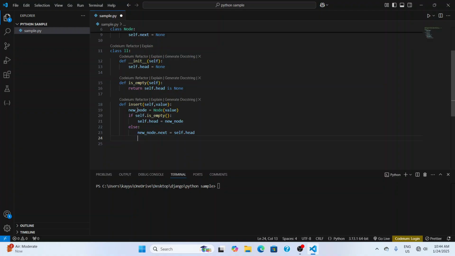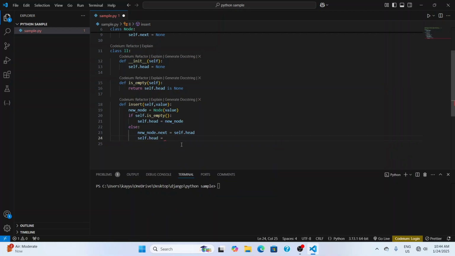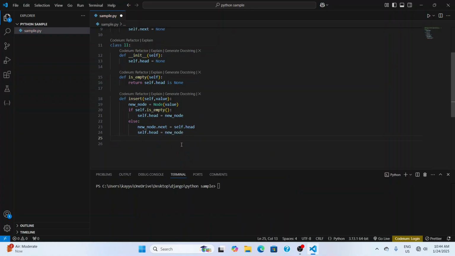So whatever the new node is, that next node will be pointing towards the self.head node. Then the self.head element, we will update this to the new node. So this basically will assign the new node's next as self.head, and then after,